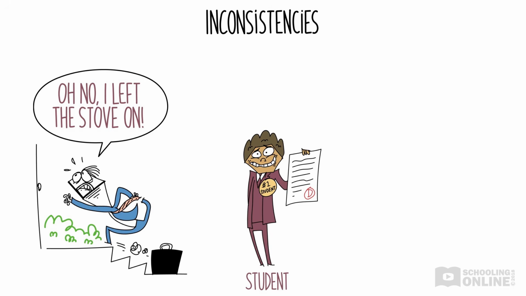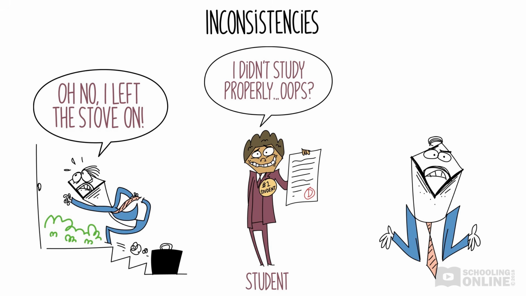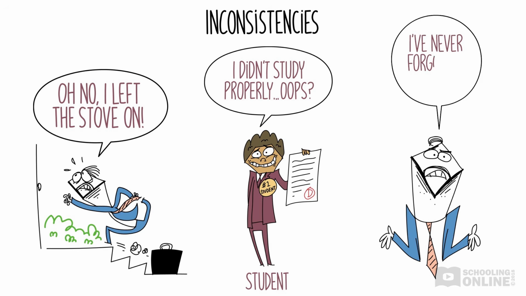We slip up or make mistakes, fail that exam, or miss a practice session. Sometimes, despite ourselves, we behave in ways that are the opposite of how we'd like to. Inconsistencies in human behaviour and motivation refer to acts that differ from previous patterns of action or intent.